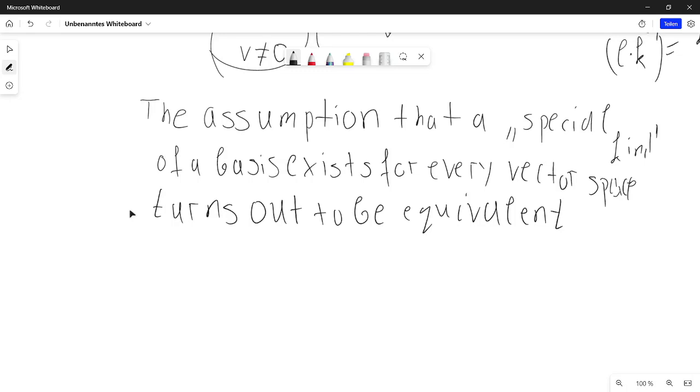So the standard is to assume the axiom of choice, but mathematics is consistent with or without it. There are no contradictions arising, and this axiom was very debatable at the time when it turned out what consequences it could yield, like the Banach-Tarski paradox,